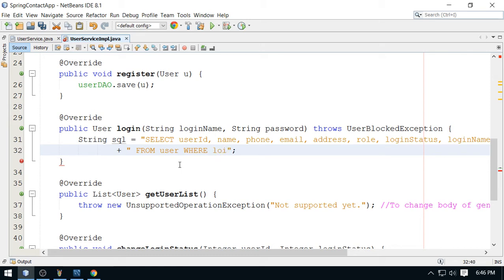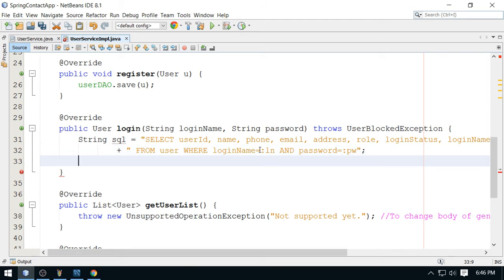So this is where login name equals ln, and password equals pw is representing password. So these are the named parameters ln and pw, right? Now you have to bind values for the named parameters using this map. So these are the parameters for your query, and this is my HashMap,